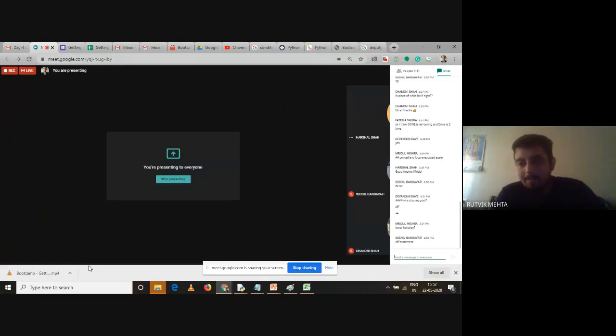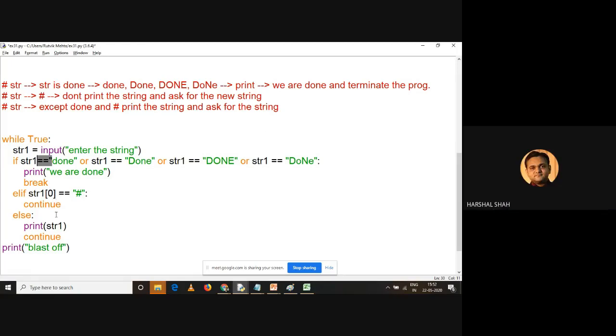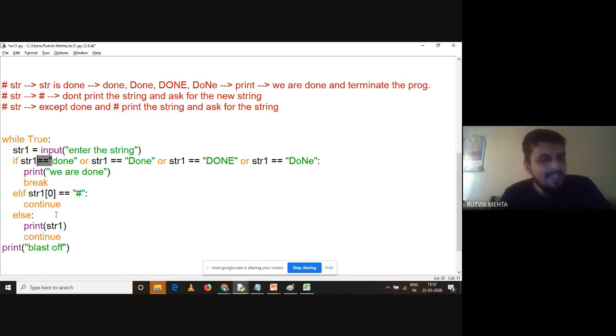Elif statement, great. Shushil Gangwati, great answer, right? How we can improve it? As we know that we have two if statements, right? And these are either conditions, right? So we can replace it with else. Nice, right? So if it is not done, look for hash, and if it is not hash, look for else case, right? तो यहाँ पे क्या होगा, अगर पहला कंडीशन ट्रू हो गया, बाकी का सब क्या हो जाएगा, स्किप हो जाएगा. वैसे भी स्किप हो रहा है, क्यों स्किप हो रहा है समझो.